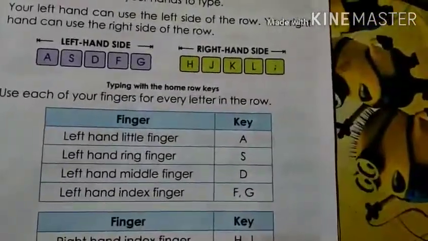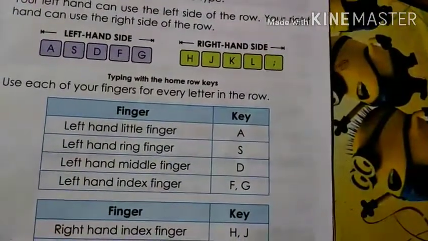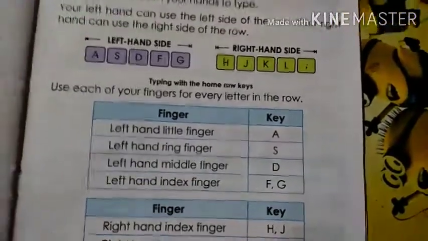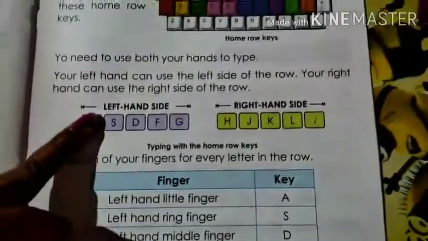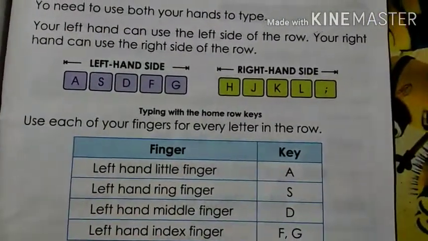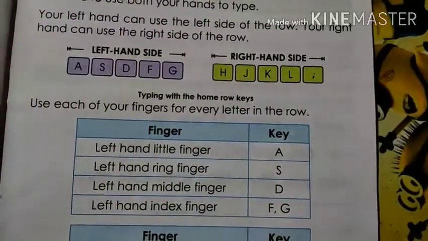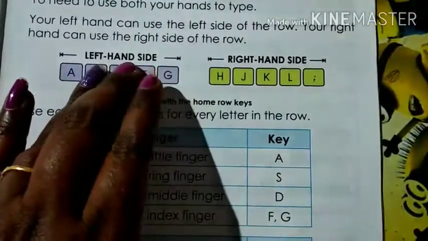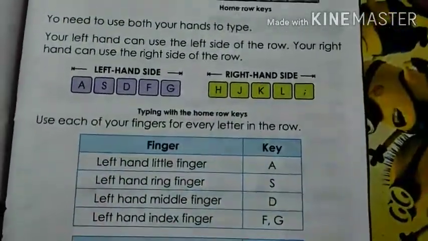For A, you will use your little finger, then the left hand ring finger for S, then the left hand middle finger for D, and the left hand index finger for F and G. Both F and G are pressed by the index finger.